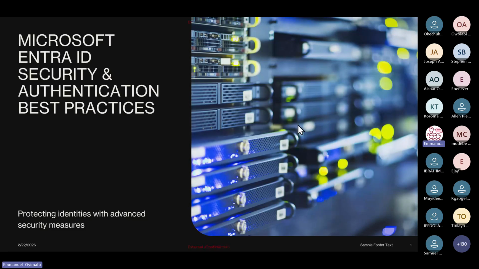I'll be continuing my section on Microsoft Entra ID, and I'll be talking more on security and authentication best practice. And I'll be looking at how we can protect identities with advanced security measures. So Microsoft Entra ID is actually security, and it's good that we even have this knowledge from the fundamental level as we proceed in our journey.